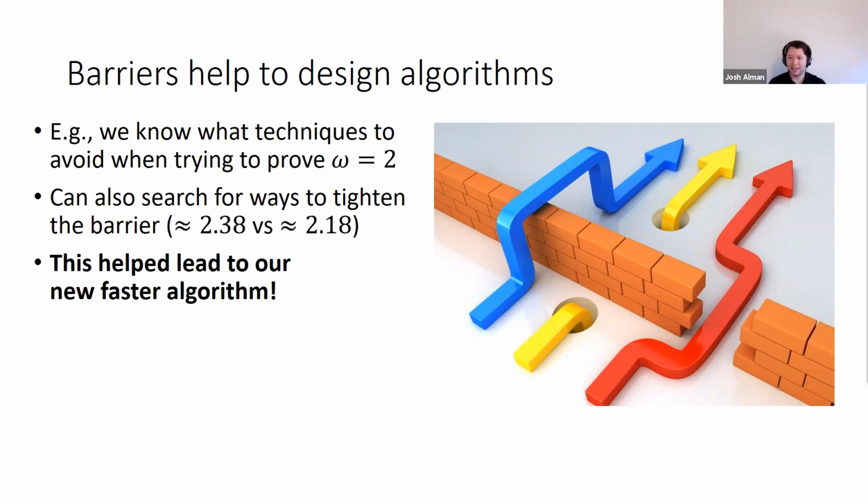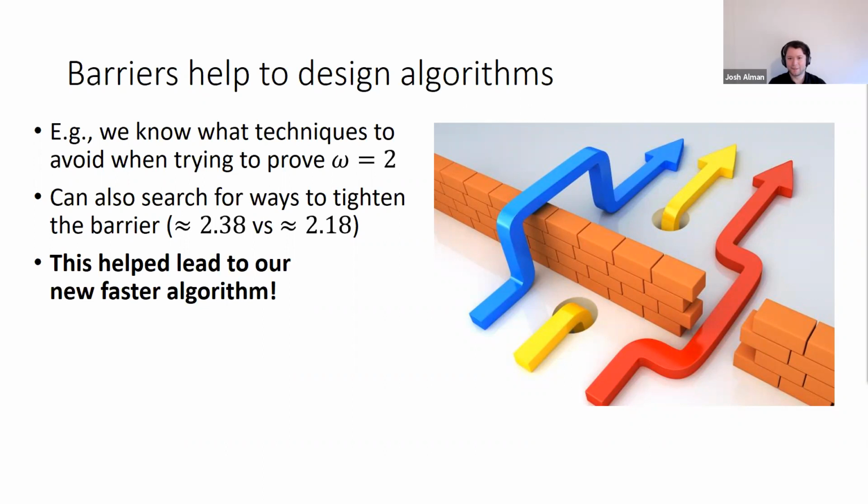You want to find a reduction that's not decreasing the slice rank, or decreasing it as little as possible. When you look at the different steps, we narrowed in on this step where the slice rank was decreasing quite a bit and showed how this modification could make it decrease the slice rank less. So the idea behind the barrier actually helped us to narrow in on a part of the laser method